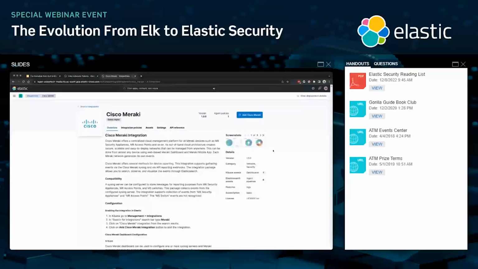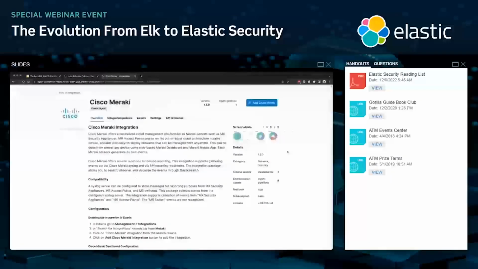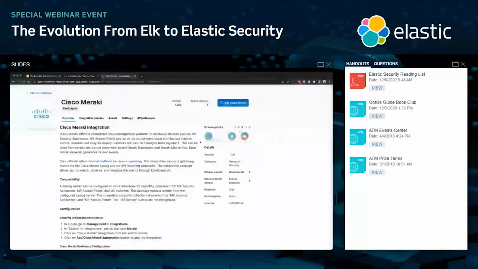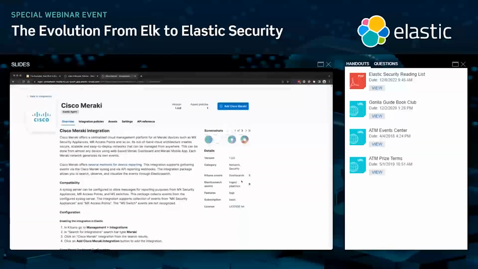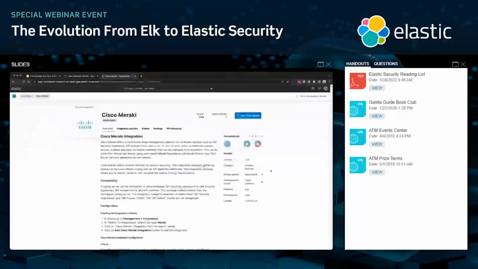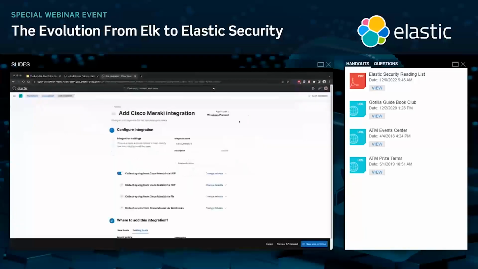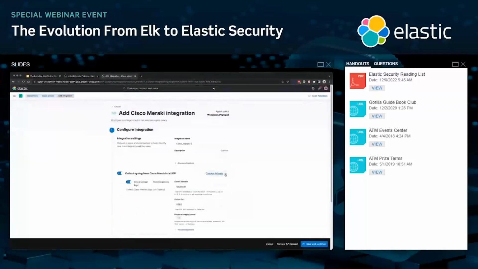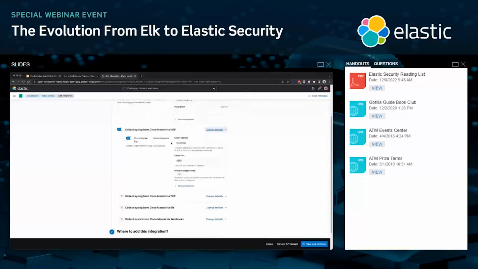I can see that not just am I installing an integration, but I have some out-of-the-box what we call assets, some dashboards that are going to at least help me visualize my data as it starts flowing into the system. And I don't have to worry about ingest pipelines and parsing the data. Again, some of the stuff you used to have to always build on your own with ELK is being handled for you automatically. And I can just add that Cisco Meraki integration, give it a name, and configure how I want, in this case, this syslog listener to listen for the logs coming from Cisco.